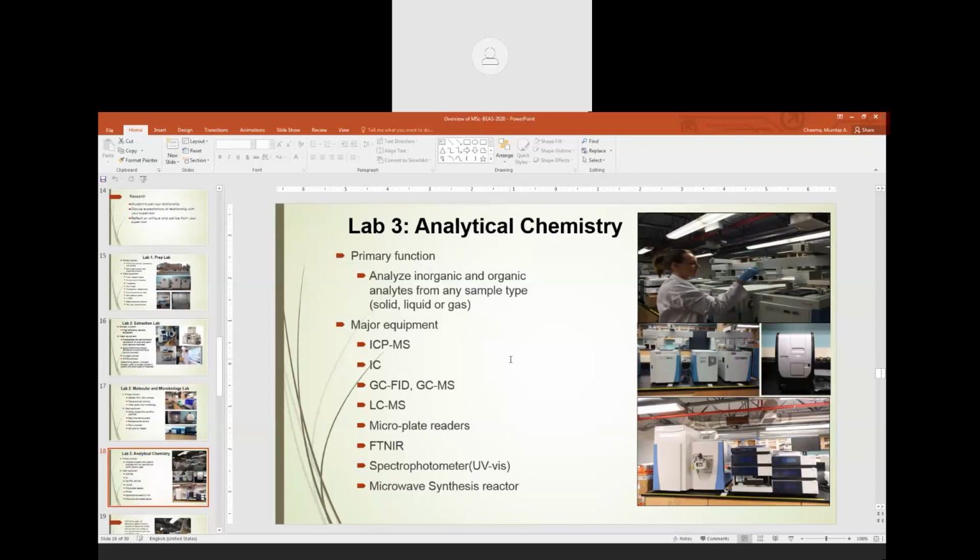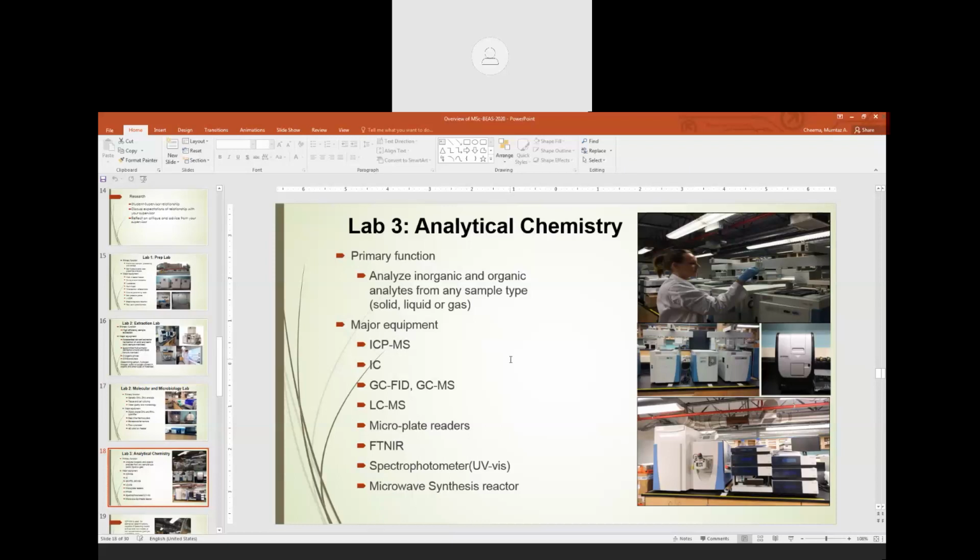So for all the plant and soil samples which we have, we prepare them, we extract them, and using this ICP-MS we can run those just to see if there is any heavy metal uptake or any other mineral nutrient profile. So I just gave this as an example. Using ICP-MS, we can run all those analyses.